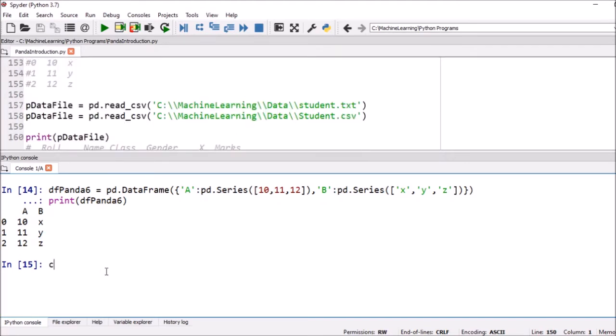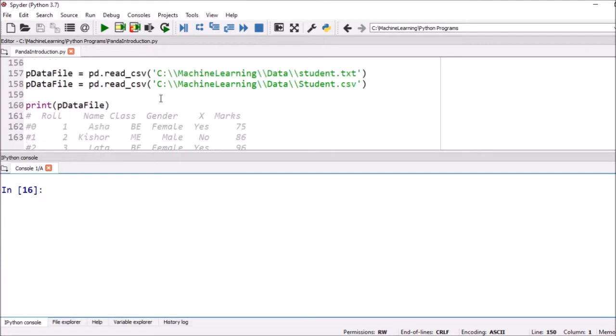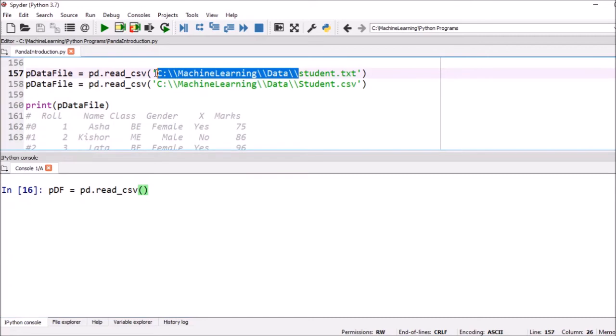Now after that we will see how to fetch data from the disk. You can see one by one. First of all, suppose we have to put the frame name, and the syntax is very simple: pd.read_csv. Now suppose we want to print data which is present in this particular path. So we can see.